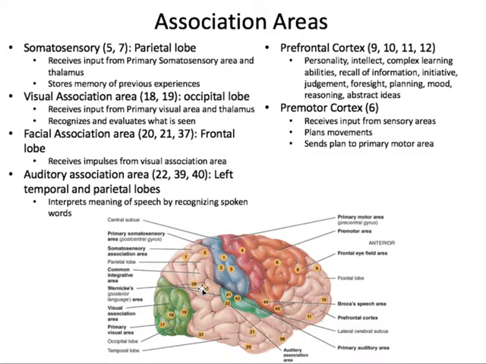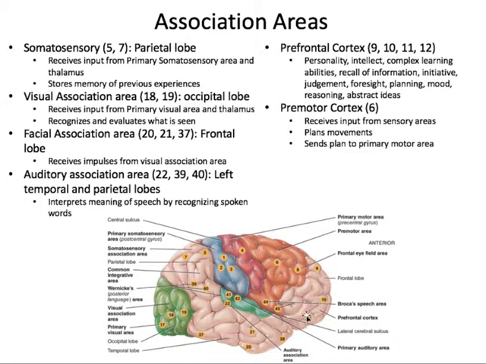And these are really important because when our auditory primary area actually picks up the signals, is it high, is it low, what kind of sounds are being made, that basic information is picked up by the primary auditory area over here in the temporal lobe, 41 and 42. But the association area is going to help us interpret what is being said. The prefrontal cortex, that's way down here, all of this stuff, okay?